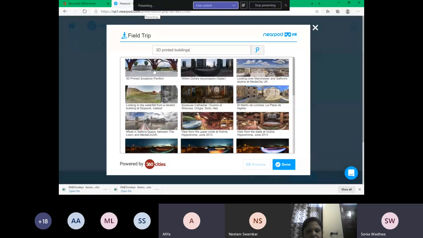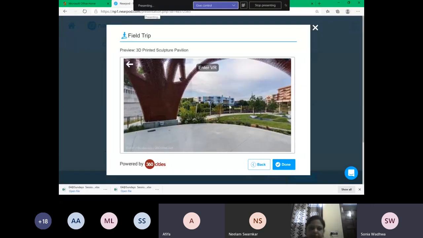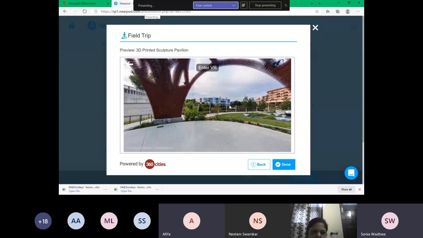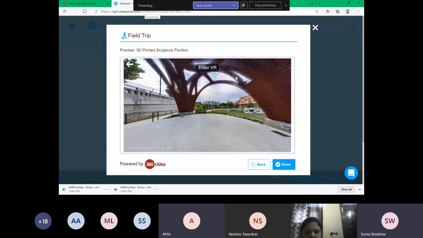So when we all join, we are silver members on Nearpod. The gold members are able to add their own repository to these tools. So if you have a field trip which you want to bring from YouTube and add to their libraries, that benefit is only there with the gold members. And how can you become a gold member without paying? I will show you that as well. But whatever is available on their platform, you can easily bring that field trip into your lesson. So see, field trip is added. Similarly, the International Board, Cambridge, they have a collaboration with BBC. So BBC brings in many educational videos based on different topics.